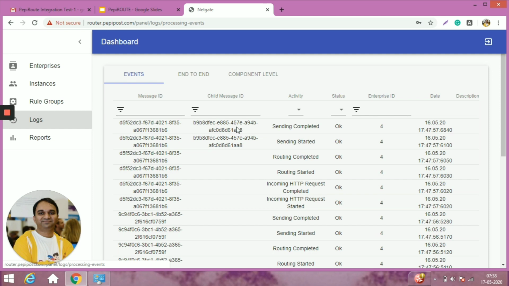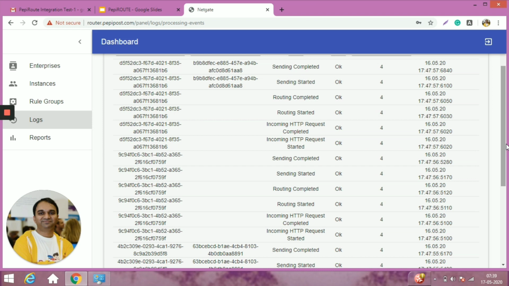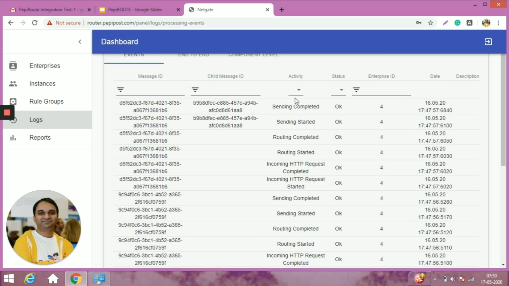Now coming back to the interface, once the email is sent, you can see the logs here. In the logs, you can see a couple of emails coming here. Here it is showing the enterprise ID. These are all emails which came for that ABC Limited. When you hit the API call, you will receive this particular message ID in the return. Based upon the message ID, you can check the status of the emails also.